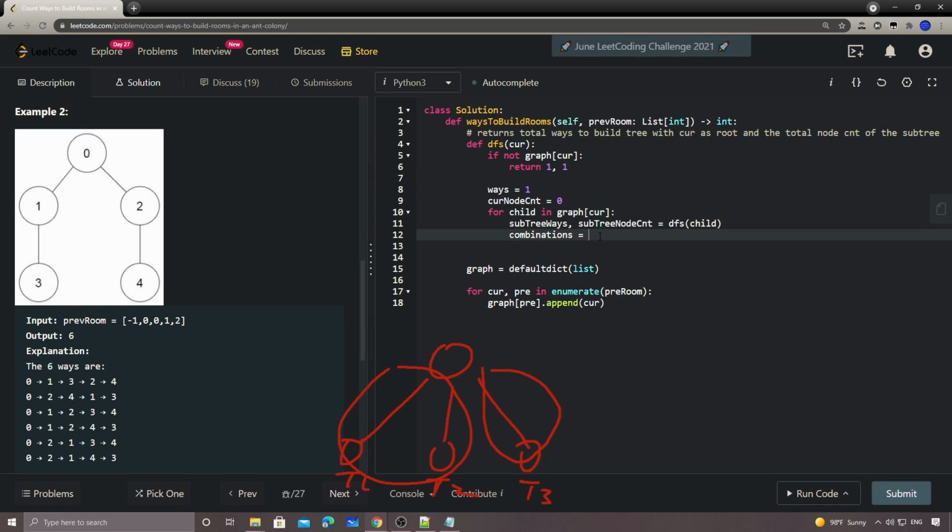That's why, to merge with the current one, we have to do a combination. So this one is going to be a combination of the... How should I write this one? I'm writing pseudocode here, and later on I will implement this part. It's going to be a C of the current node count. Actually, it's a factorial, right? The factorial of the current node count plus the subtree node count, and then we divide it by the factorial of